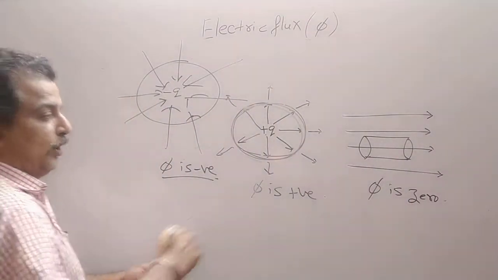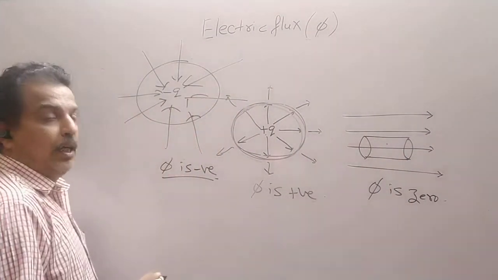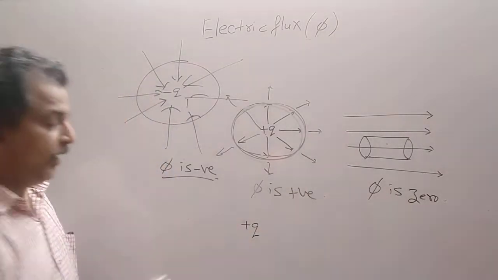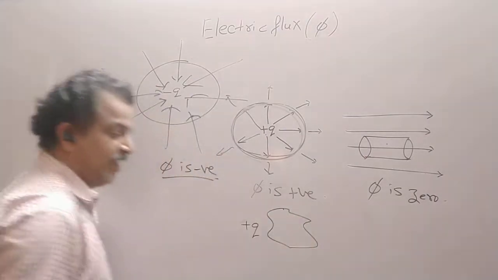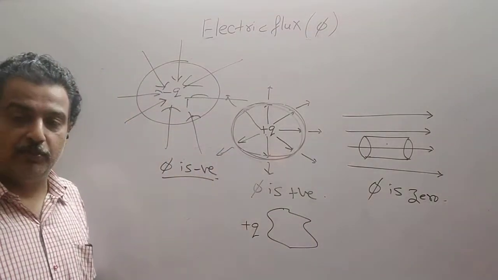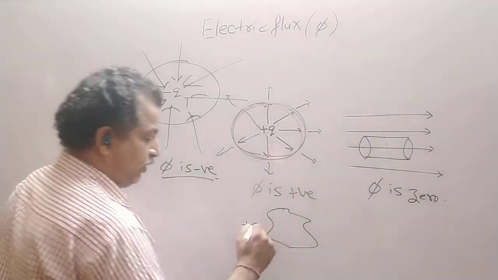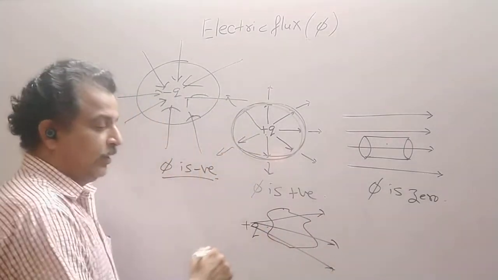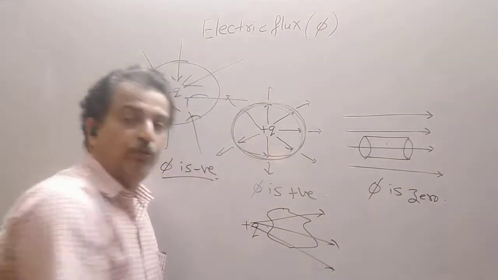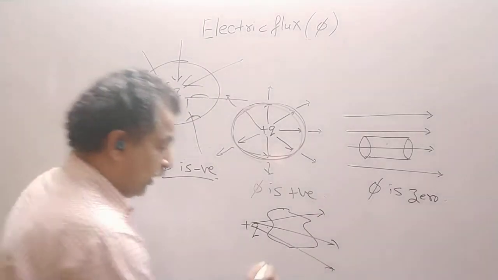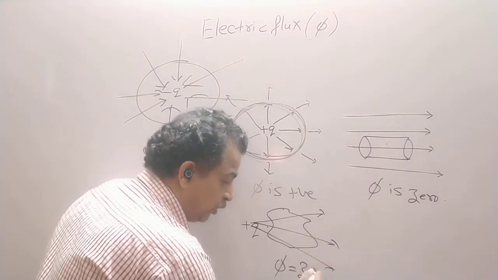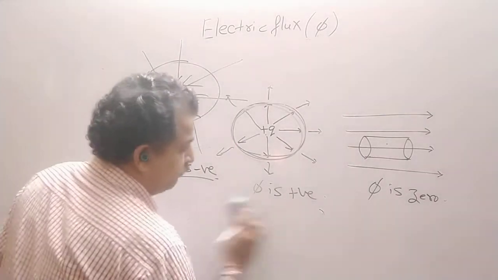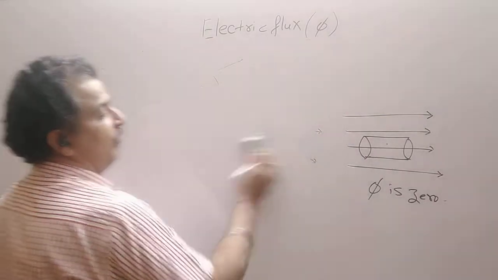Similarly, it is not necessary that I draw a cylinder only. If plus charge Q is here and if I draw a closed surface near it, this is a closed surface, means any three-dimensional sphere, then the field lines entering from one surface will be emerging out from the other side. So again the flux will be 0. So this we can prove very easily by the definition of flux.